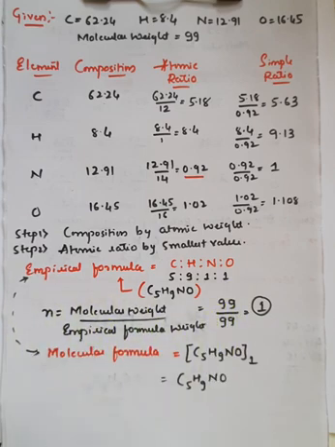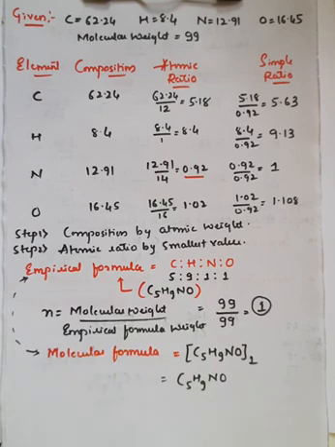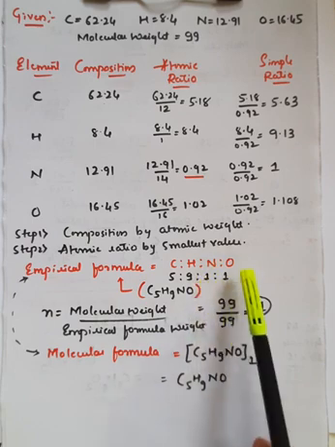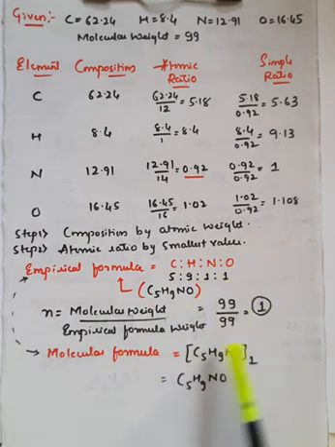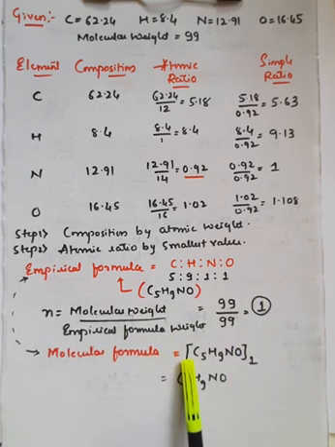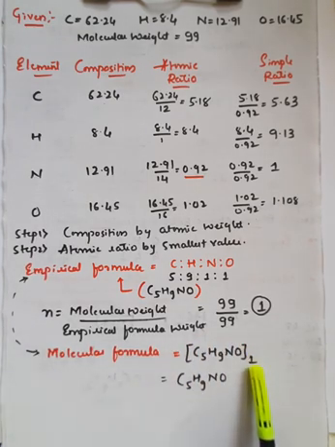Further, we have to calculate the n value. This is very important. To calculate the n value, it is molecular weight divided by empirical formula weight, that is given weight divided by the calculated empirical formula weight. Empirical formula weight means the weight of carbon is 12 into 5, hydrogen 1 into 9, nitrogen 14 into 1, oxygen 1 into 16. If you divide like this, you will get one value, that is the n value. Therefore molecular formula is equal to empirical formula into n. Always remember, molecular formula is equal to empirical formula into the n value, whatever the n value will be.